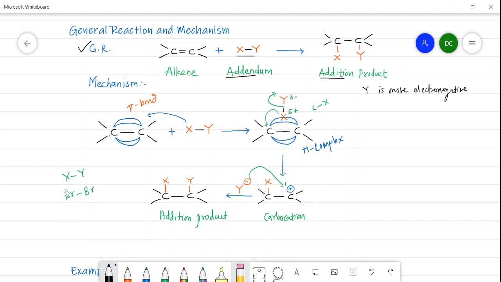Now, in this case, halogen possesses a lone pair of electrons. That's why in such an electrophilic reagent, if they possess a lone pair, a different mechanism is observed. In this case, what happens when this Br2 molecule or any halogen, that is X2, comes